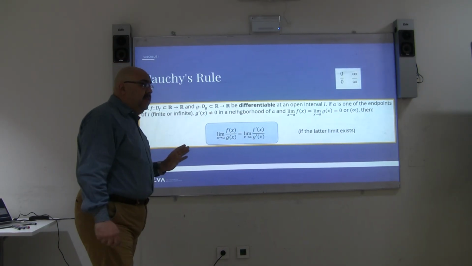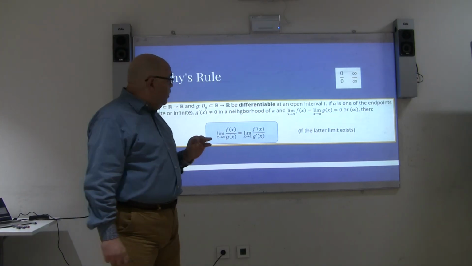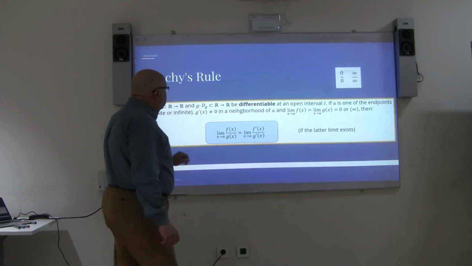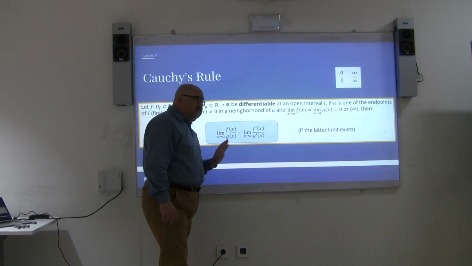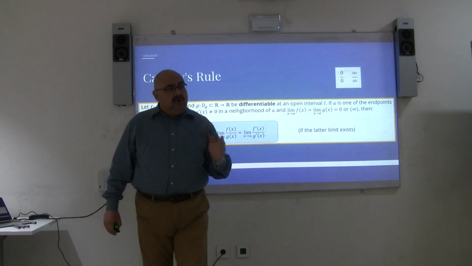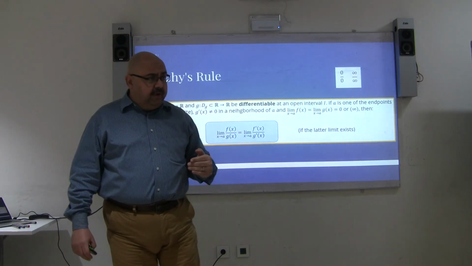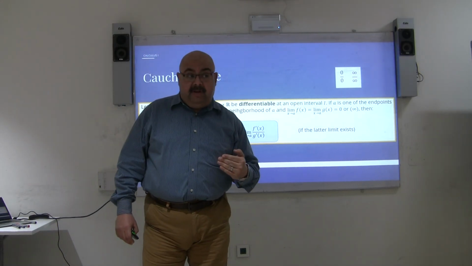This is Cauchy's theory, which is a very important theory. It helps us, as I told you, to treat limits or complicated limits. And the theory is very, very simple. If I have a rational function, f of x over g of x, both of them polynomials, and